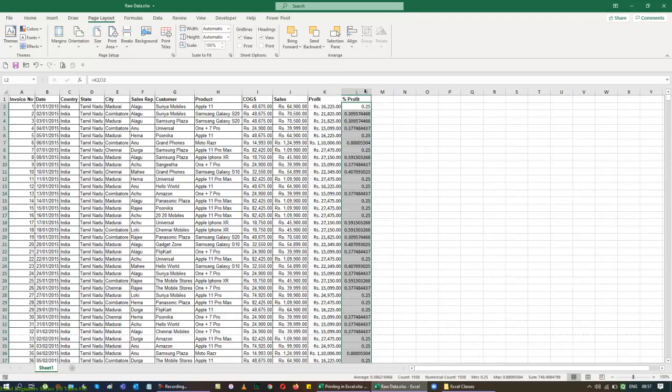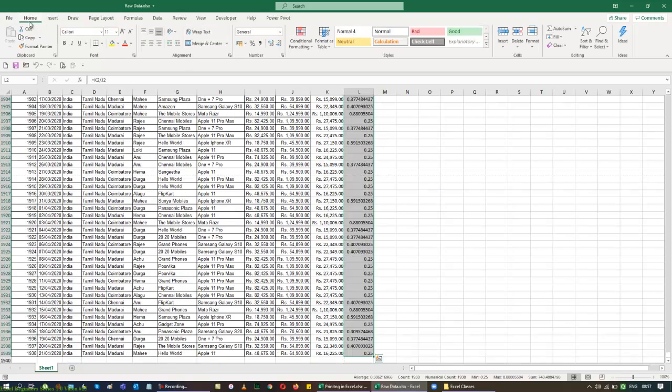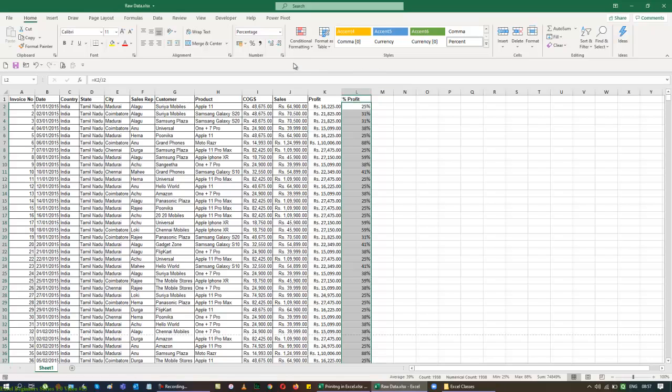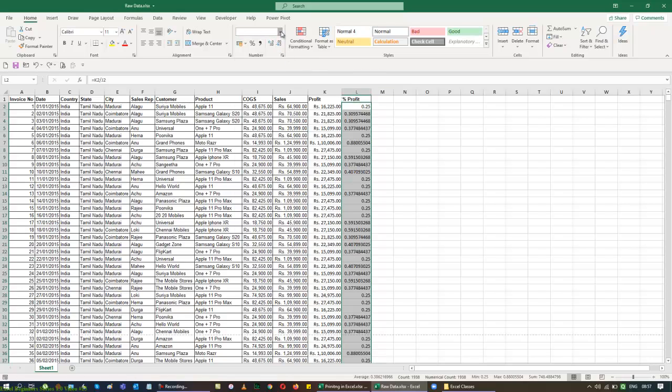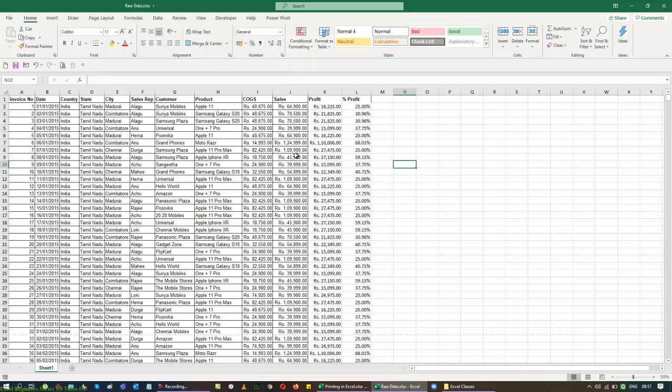And you can see that almost all my data are covered. So I'm going to change the profit percentage formatting. I can either use this, which will not give you the decimal portion, or I can use the increase decimal option, which allows me to get the decimal portions too. So now I got all my list. Let me just format them in one dimension.